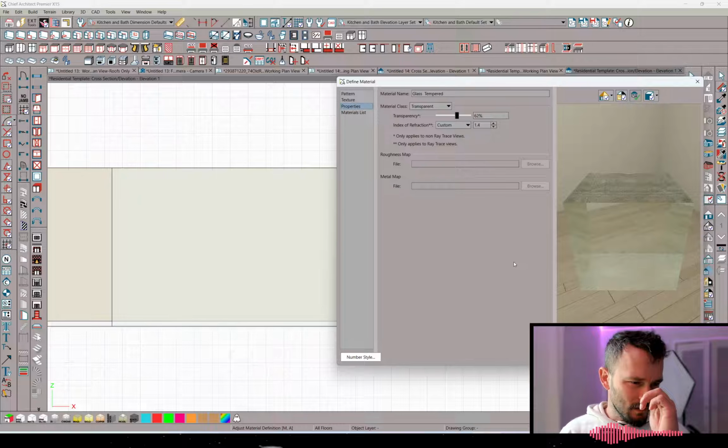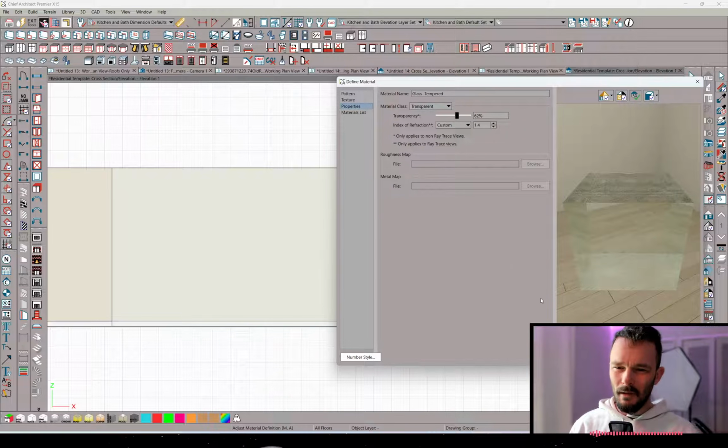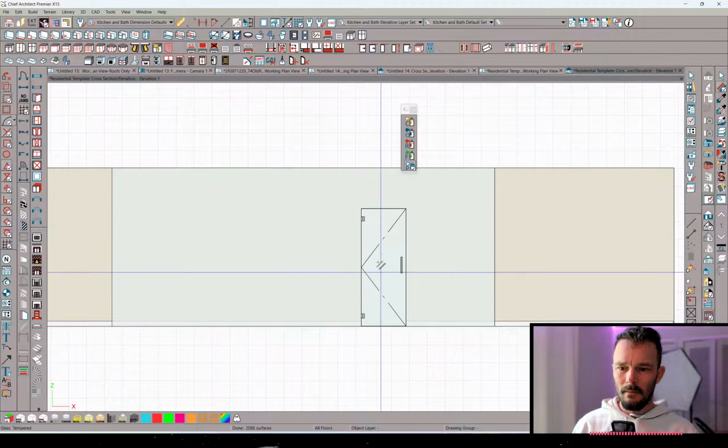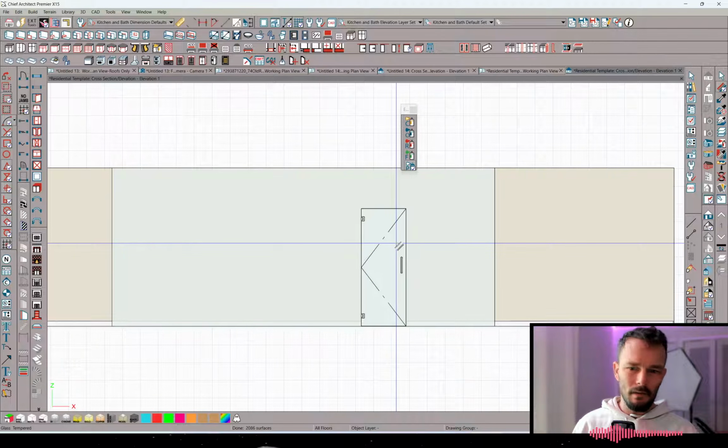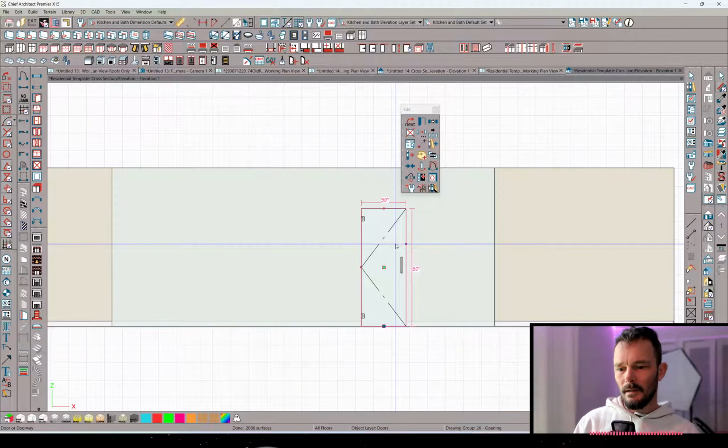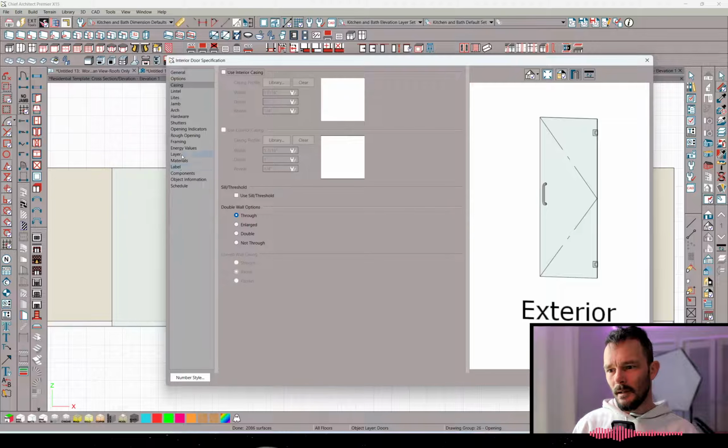And is it the way the door is made? I think I made my door. I think that was part of the reason. What happens if you pump that up? Doesn't seem to affect the shower door at all. I think if we take, all right, so let's take the door and see what it's got in its material